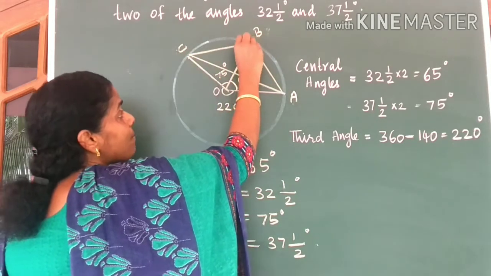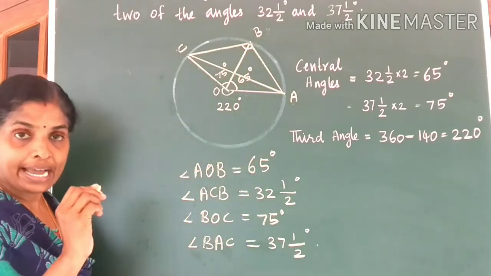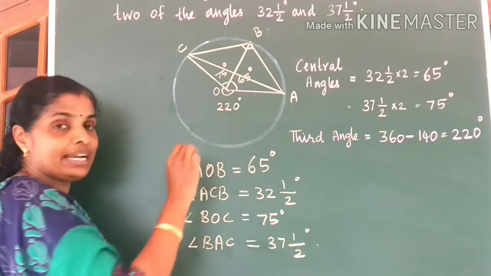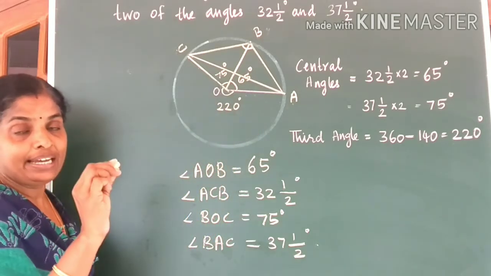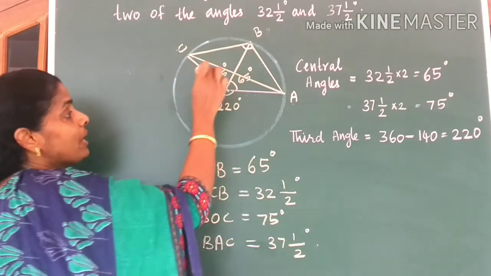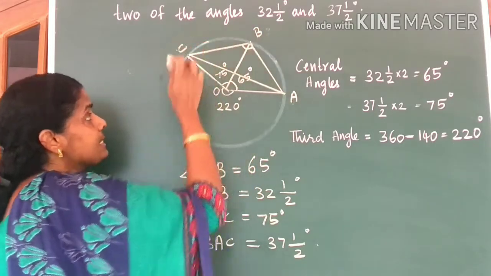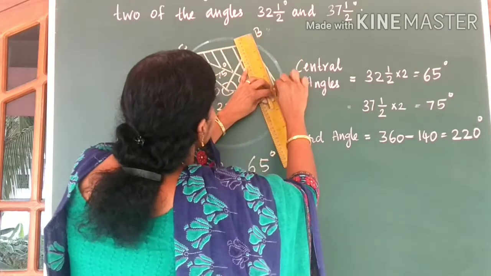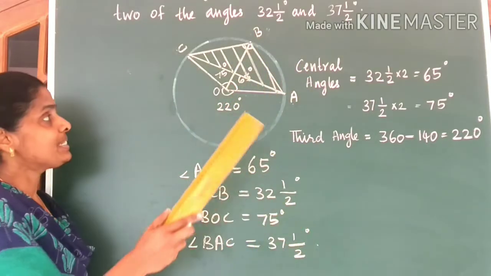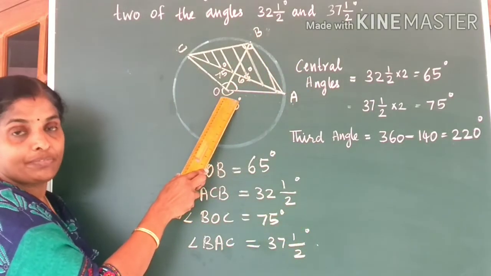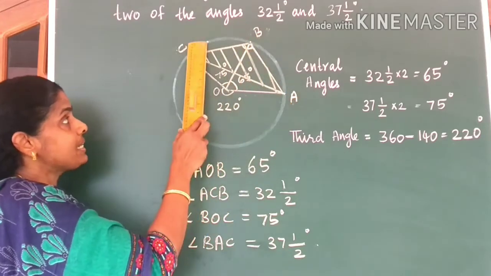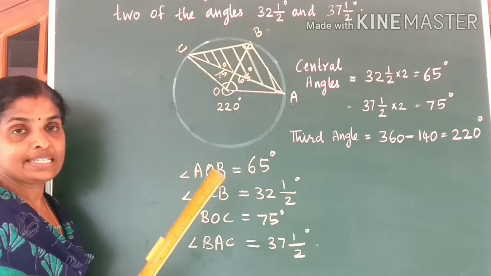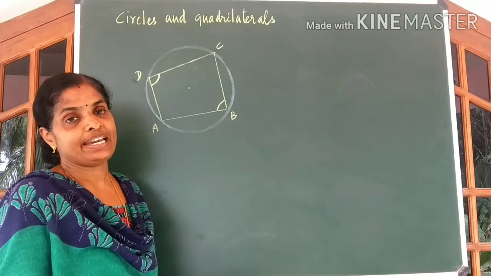So what can you say about this angle B now? Angle B will be half of the central angle. Half of 220 is equal to 110 degree. So we got triangle ABC to be our required triangle. Let us shade it. Now you can understand the circumcenter of the triangle ABC lies outside the triangle. Is it clear? Come to the next idea.